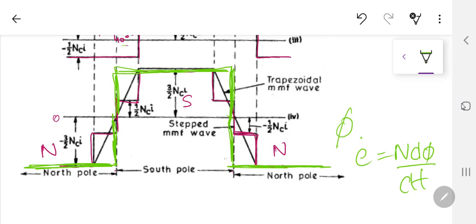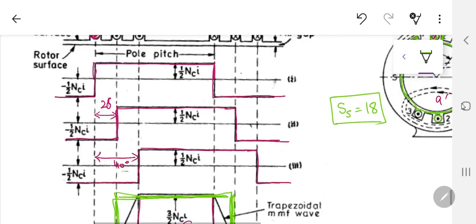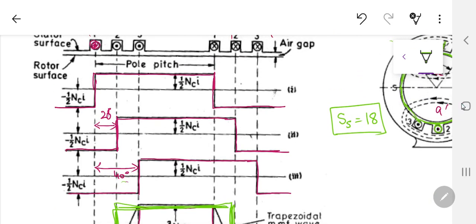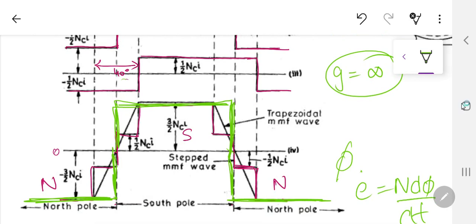But it is composed of harmonics, which are sadly always there. If you want only the fundamental, there is only one way to keep the harmonics to 0, or almost: the number of steps which I have taken over here as 3, which means that G is equal to 3. If I make this G equal to infinity, then I will have a sinusoidal shape of the MMF inside the air gap. Now practically speaking, G cannot have an infinite value, very simply because infinite does not have an answer. So the best game is that you can have a G of higher value, and your MMFs are going to be more sinusoidal.